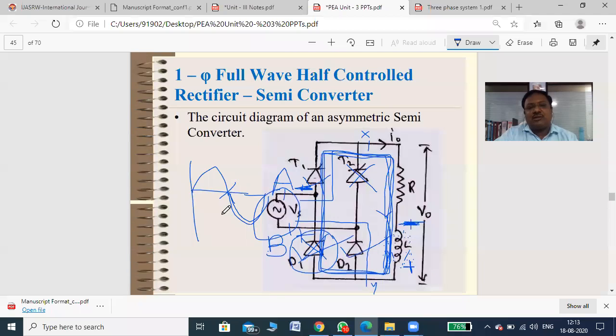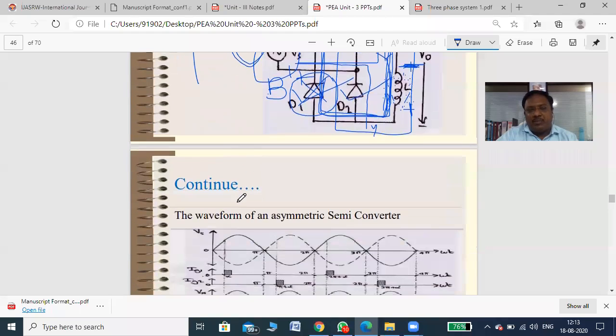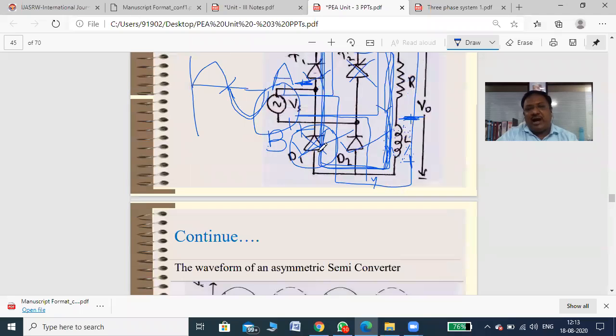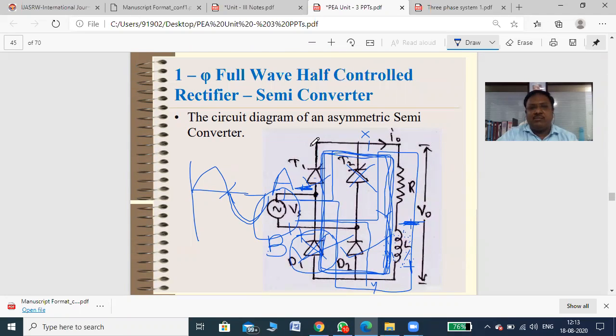So the current is definitely decreasing. Again, when the next triggering pulse is applied to T2, current starts to flow from B, T2, R, L, then D1, and then back to A. So that is the negative half cycle. But what happens from pi to pi plus alpha? Diode D1 acts as a